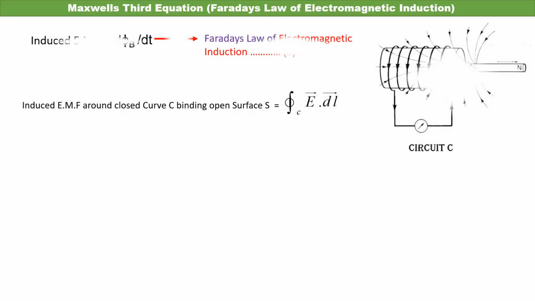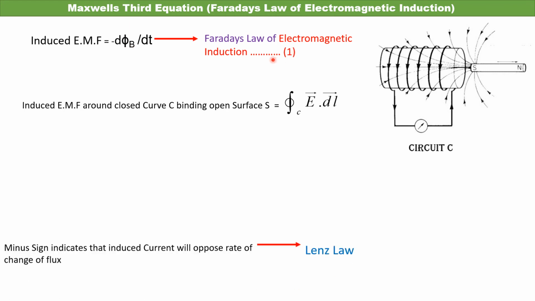Now I will come to Maxwell's third equation. Personally I feel this is a revolutionary equation that changed the physical concepts and everything else. It is a very important equation, associated with the induced EMF. If there is a circuit with a bar magnet in motion relative to a coil, there will be a time changing magnetic field. If there is a time changing magnetic field, there will be an EMF induced in the circuit. We can write minus d by dt of phi B, the flux. It is Faraday's law of electromagnetic induction.